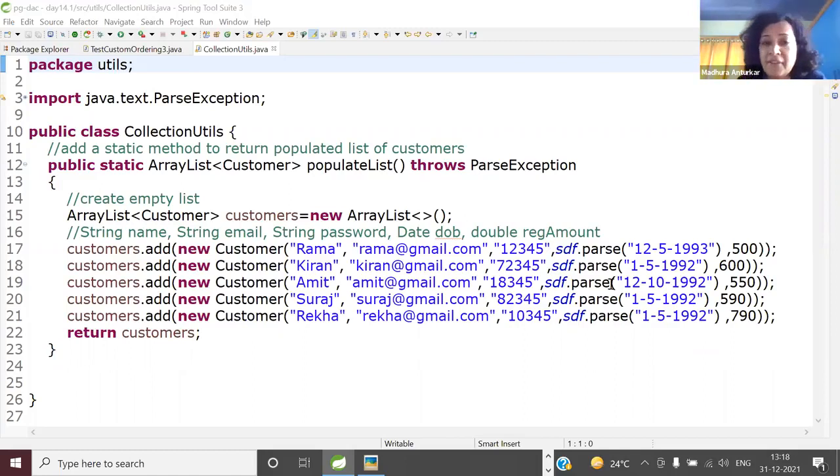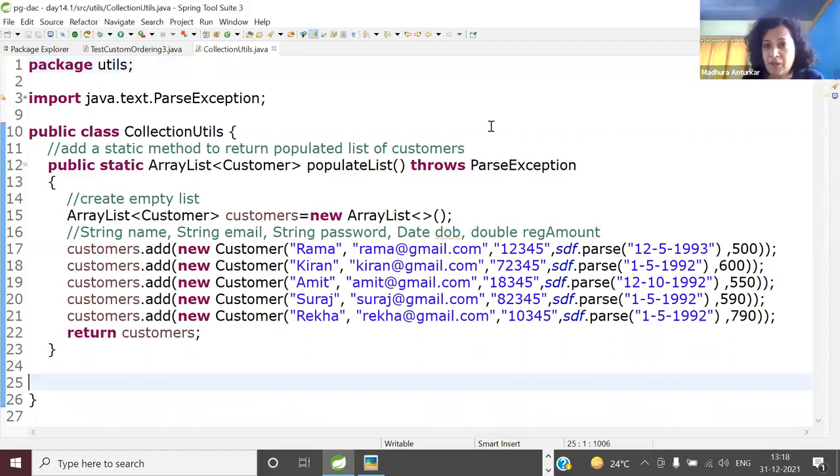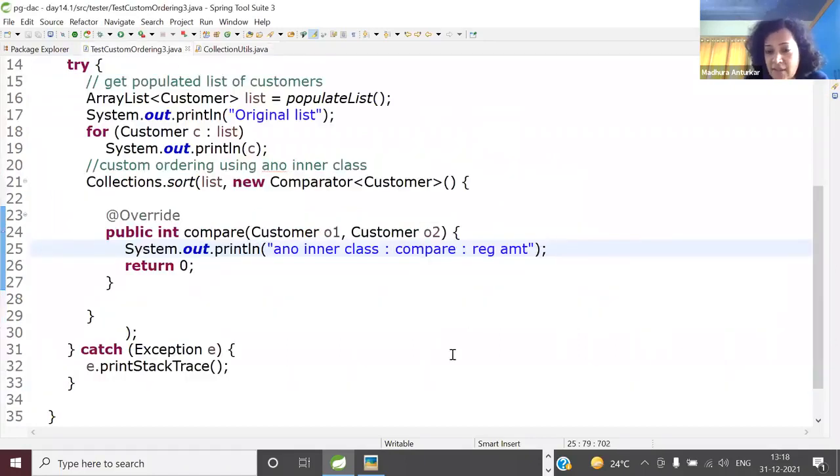Okay, so has everyone understood the expected output? I hope you are writing this. So how will I get this? Anyone want to answer? If the first customer's registration amount is less, return -1. If they're the same, 0, otherwise +1.